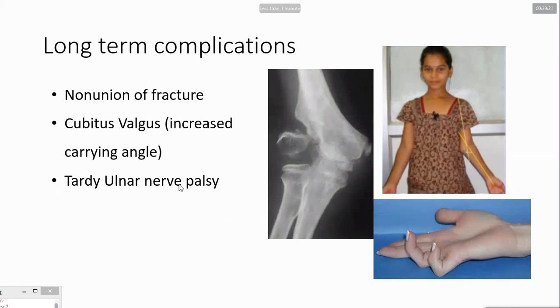So as the ulnar nerve palsy sets in, there is this ulnar clawing and atrophic hypothenar eminence and weakness in adduction, abduction, and all those clinical signs you'll get. So the treatment will actually be doing a corrective osteotomy of this elbow, make the elbow angle corrected to approximately the opposite side, and transpose the ulnar